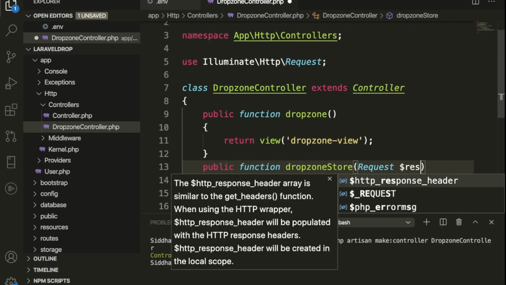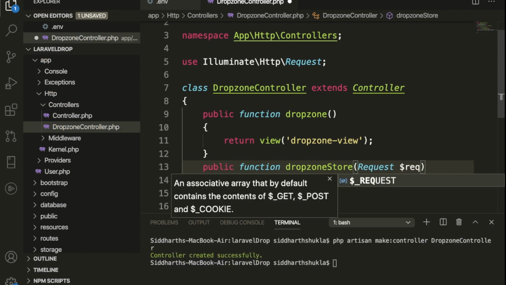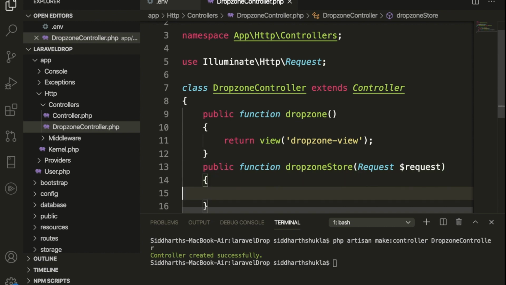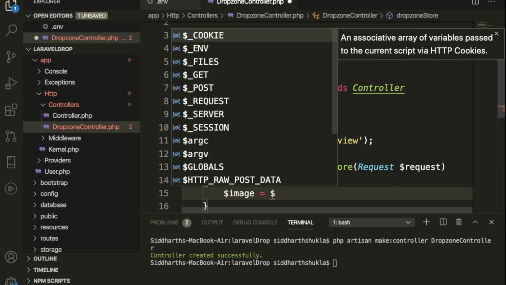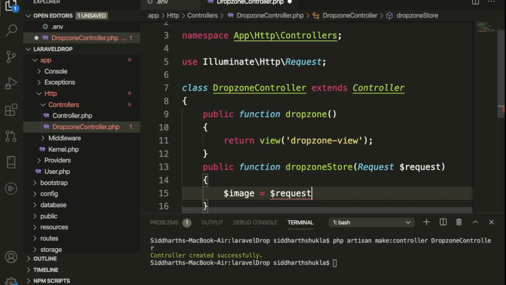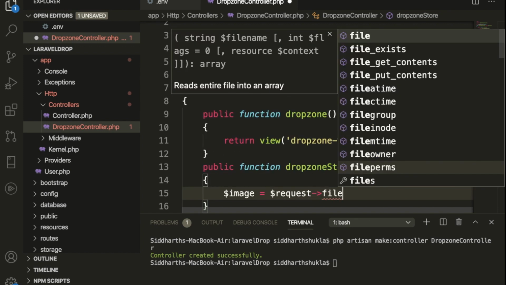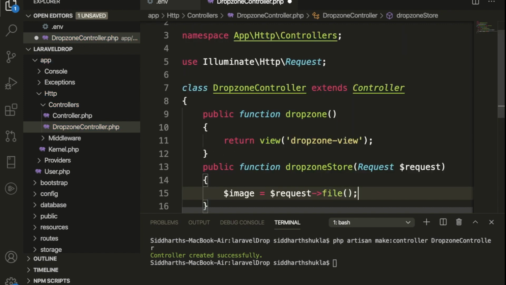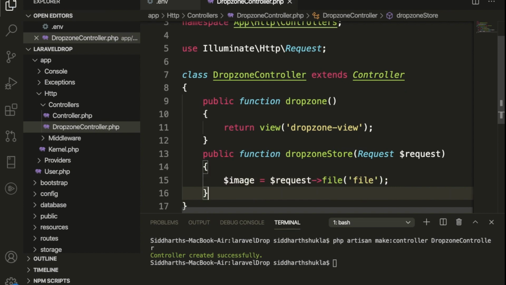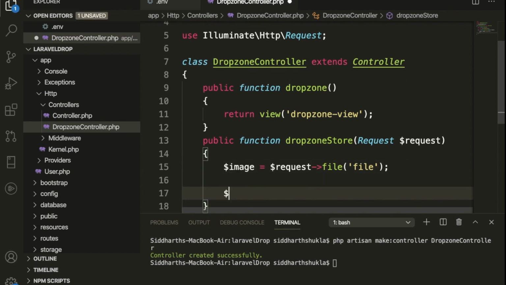Request, this is also request, we have added request. Once this is done, I am going to use image. Suppose we have the request which will be passed by the user, and here file. Now inside of the file I am going to use